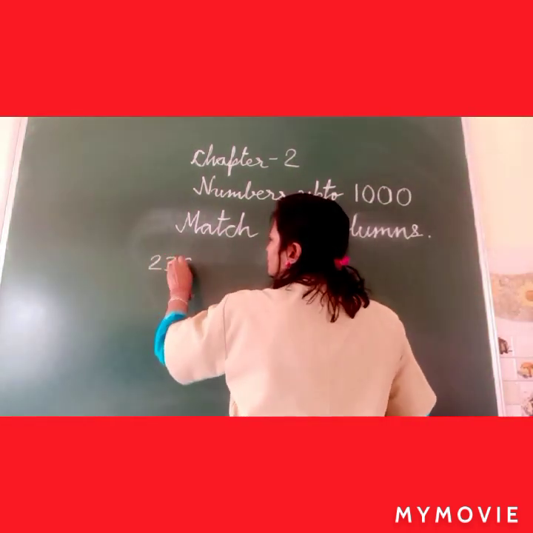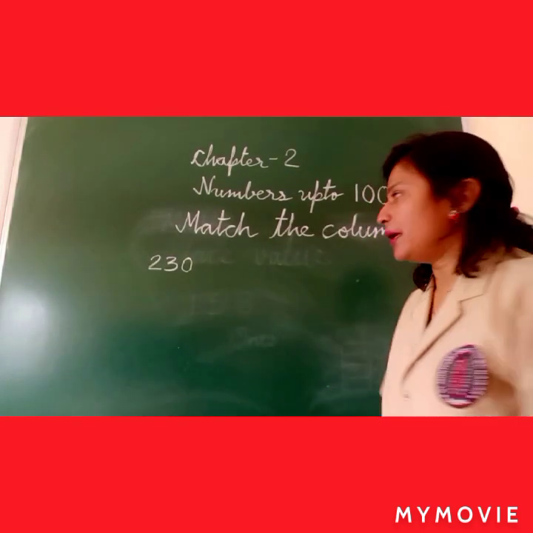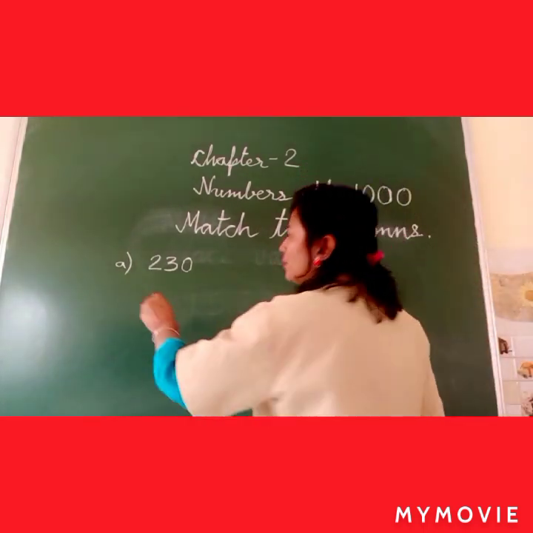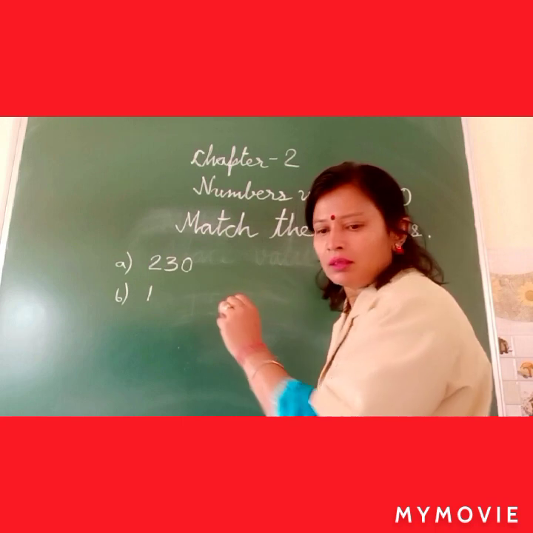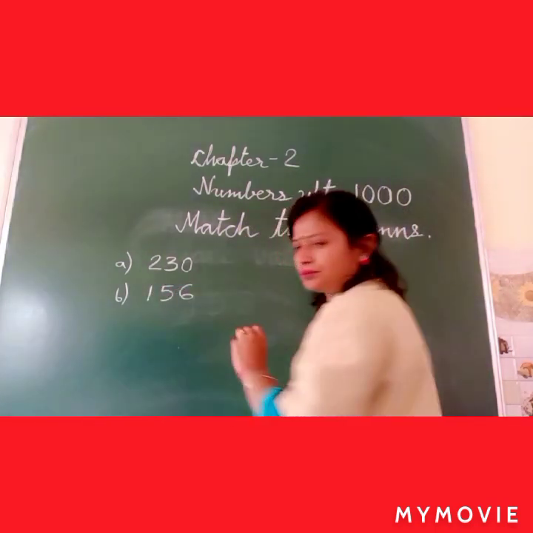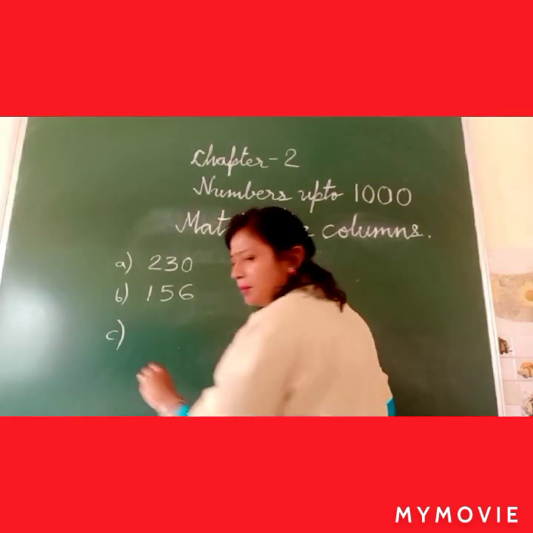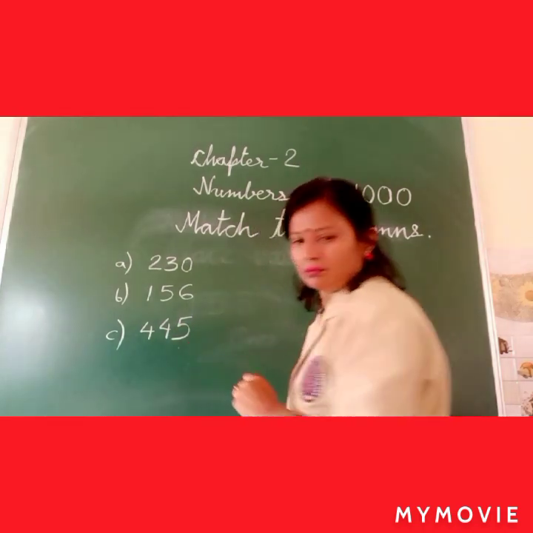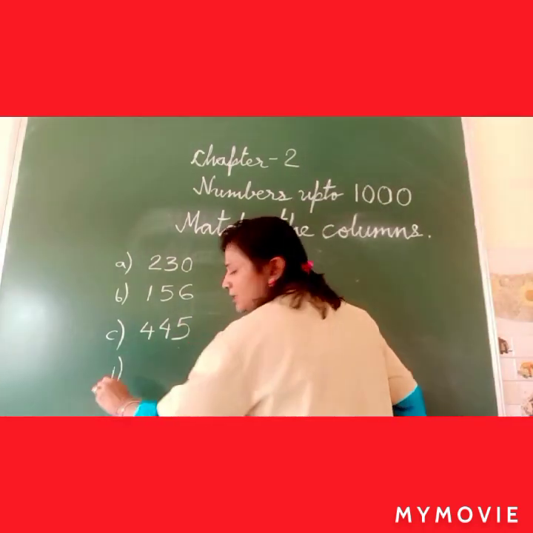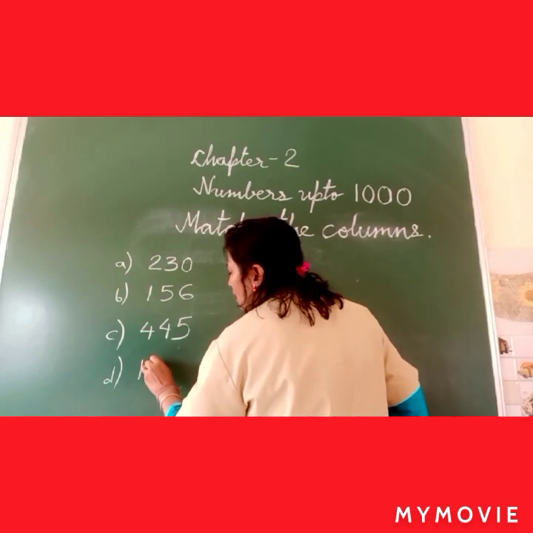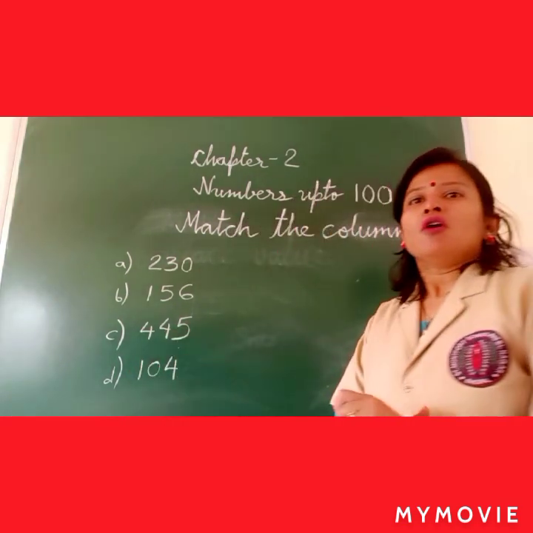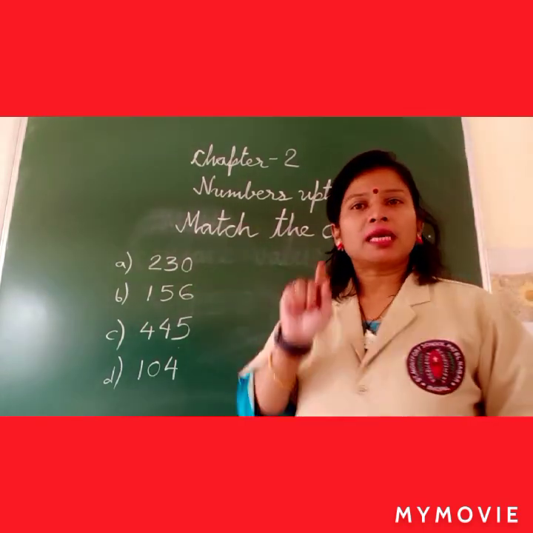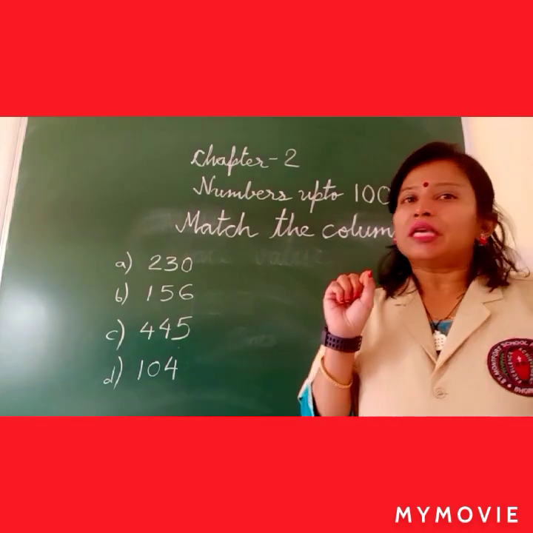First number given in your book is 230. Second number is 156. Third number is 445. Fourth number is 104. First step is you have to recognize the number and you will see the place value of each digit